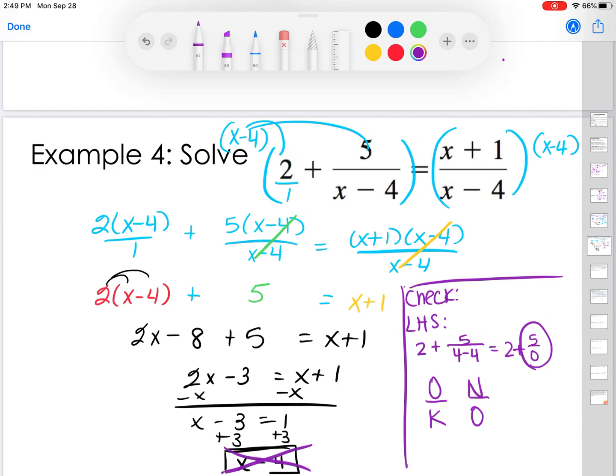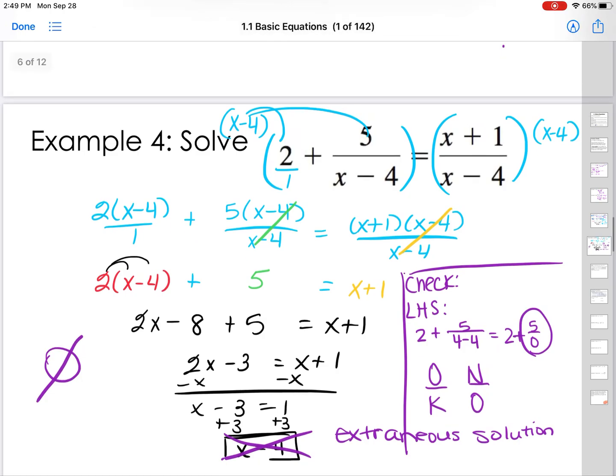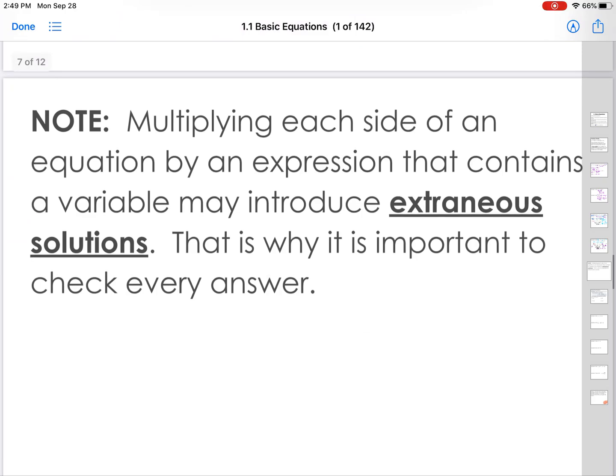We call this an extraneous solution. So that means there are no real solutions to this problem. Okay. All right. So when we are multiplying each side of an equation by an expression that contains a variable, it's very possible to introduce something called that extraneous solution. So that's why we always want to double check our answers. All we have to do is make sure that we are testing